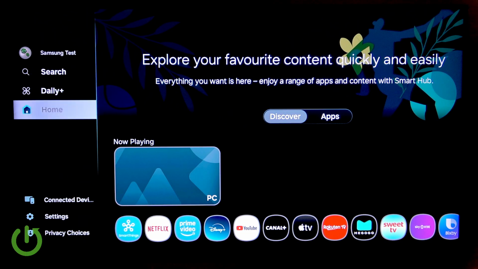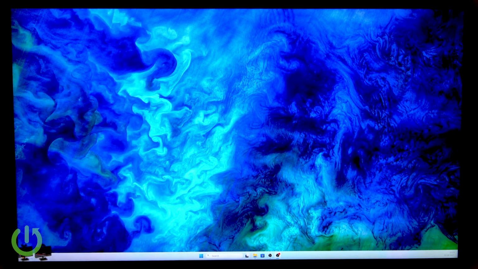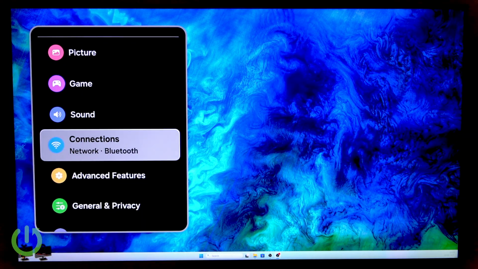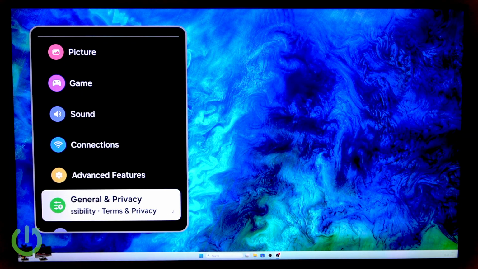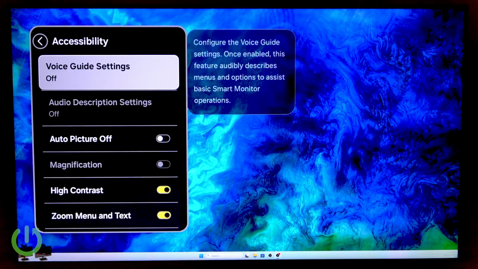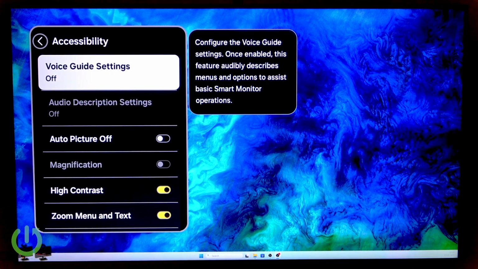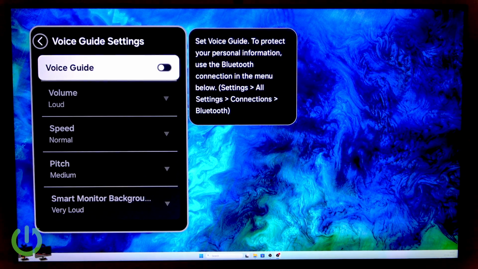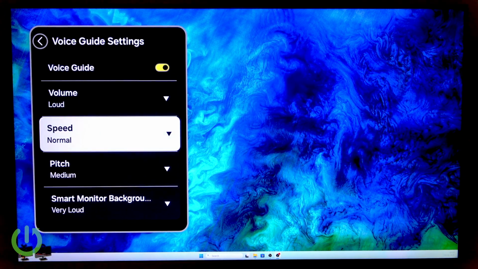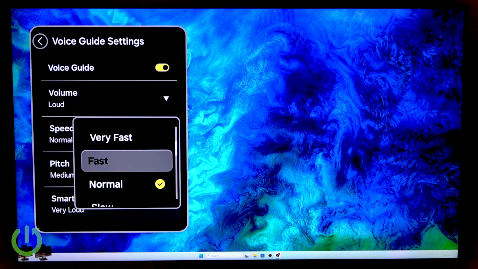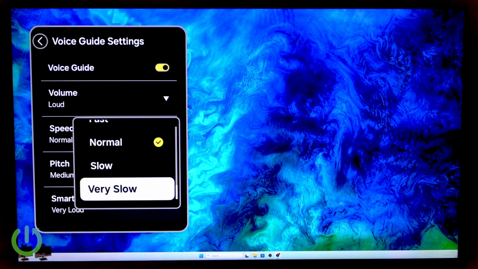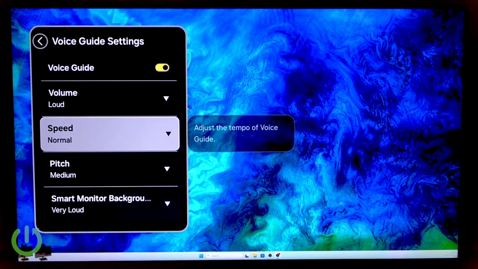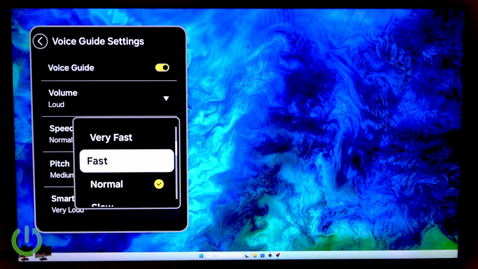So at first, go to your control panel here and scroll to the settings. Now go to all settings and here scroll to the general and privacy, open accessibility and open voice guide settings. Here as you can see we do have speed, let's enable this option, and here we have speed, normal, fast, slow or very slow. We can set it using just a simple click,